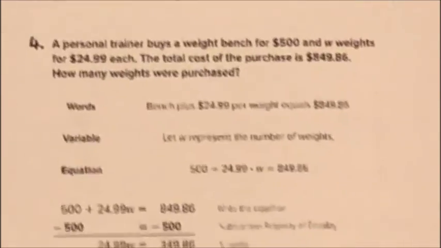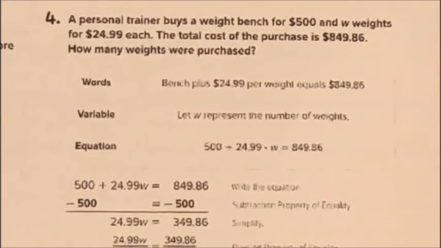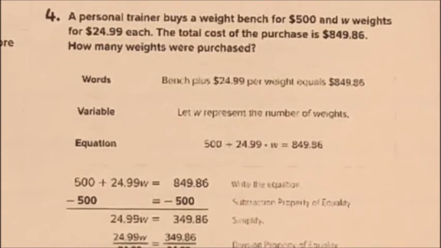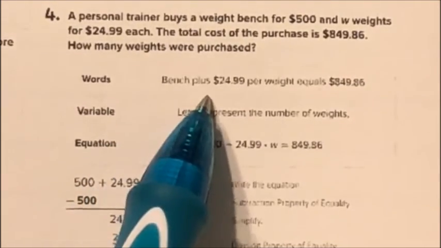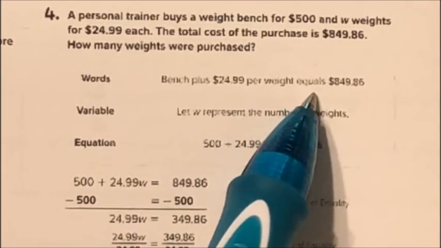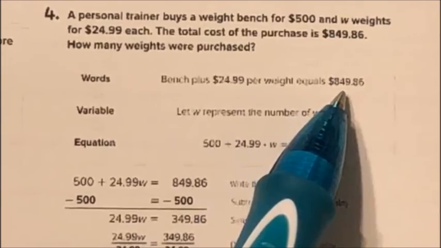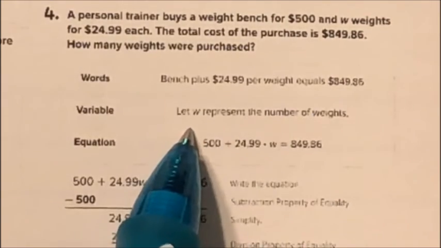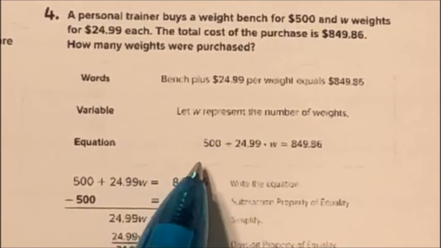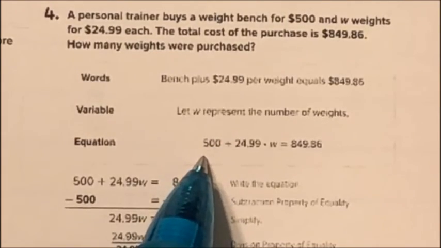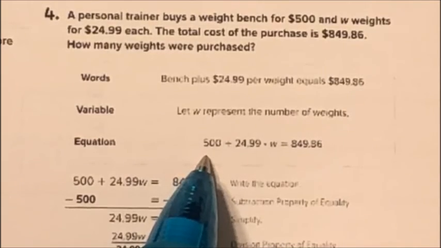Example number 4 says a personal trainer buys a weight bench for $500 and W weights for $24.99 each. The total cost of the purchase is $849.86. How many weights were purchased? So I know the bench plus $24.99 per weight equals $849.86. I'm going to use W to represent the weights. So I have my equation